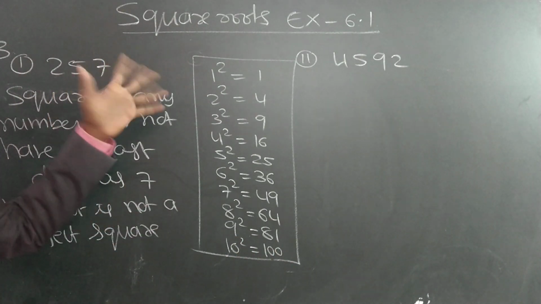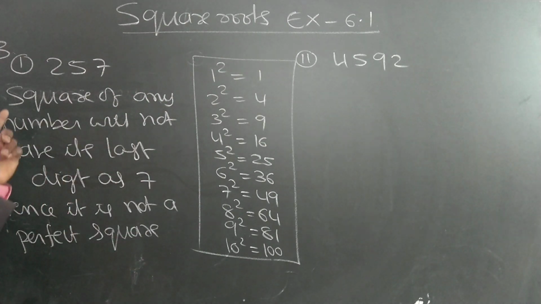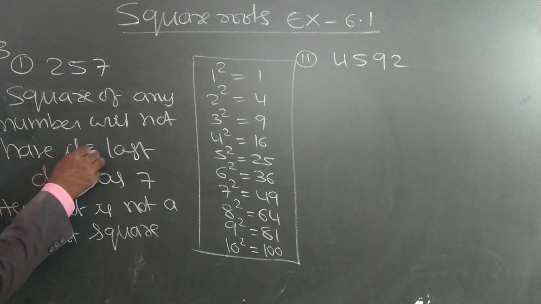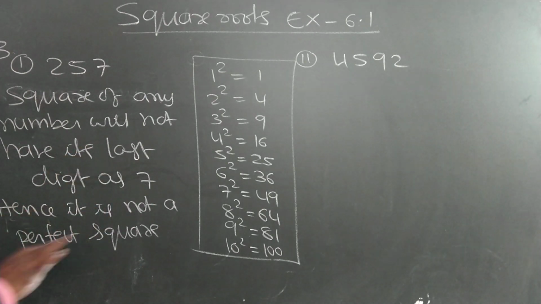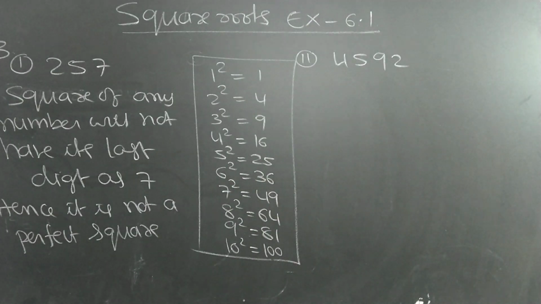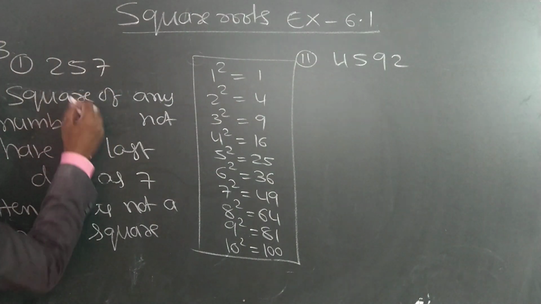But last digit 7 is not a perfect square. So the square of any number will not have its last digit as 7. Hence it is not a perfect square. That's all. That is the reason. Students, you write the same reason for all the problems. Square of any number will not have